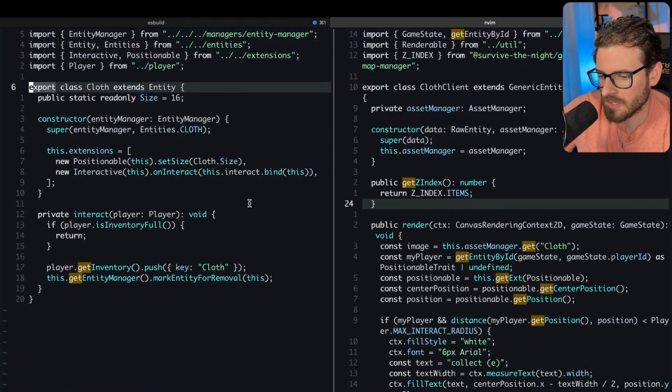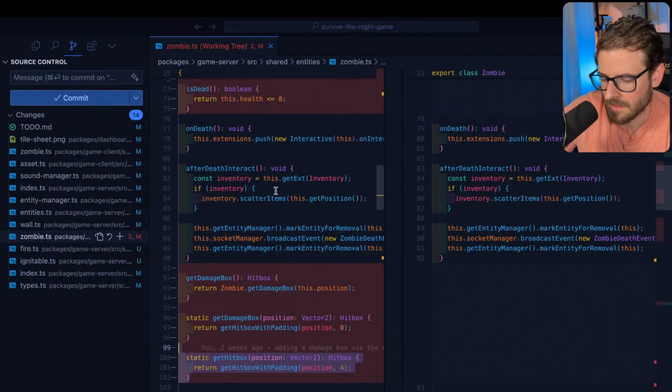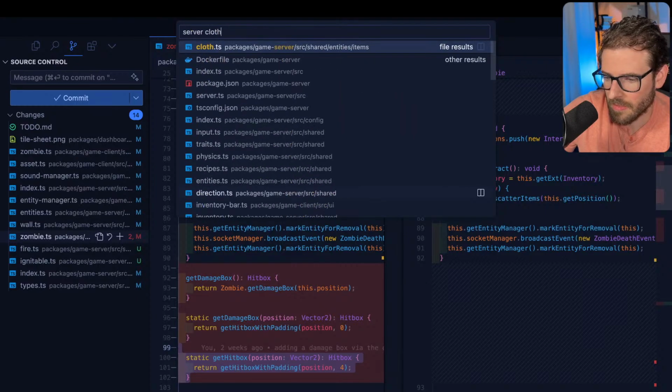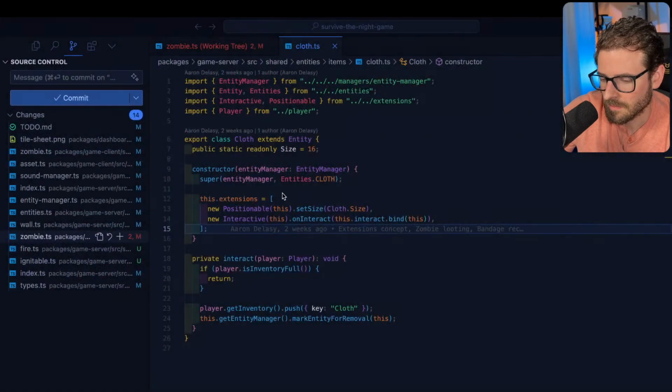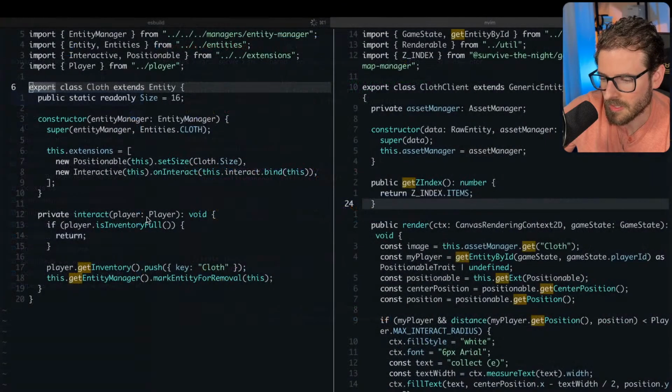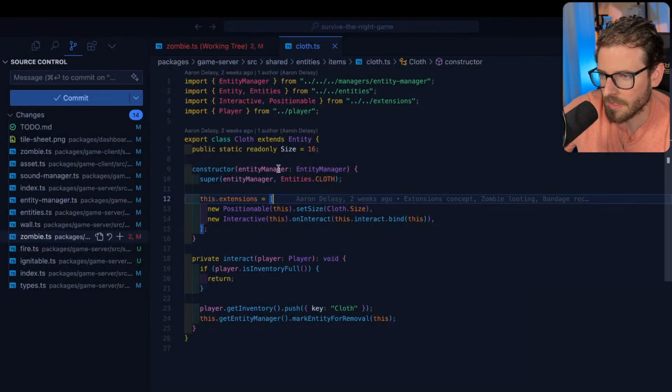How hard is it to do in VS Code? Not hard at all. I mean, you just basically say fuzzy server class. You're there. Right? So I don't know. It's like VS Code has literally all the same stuff. It's just a different way to achieve it. I like using my cursor a lot.